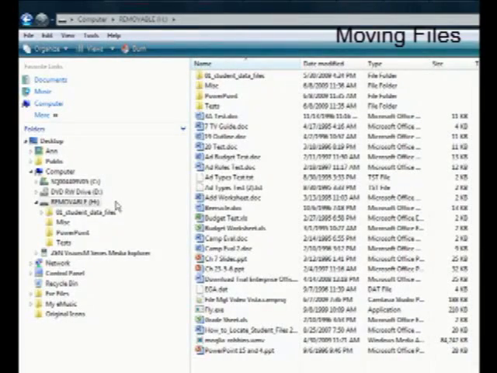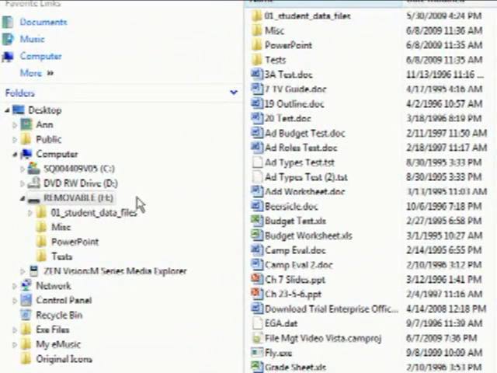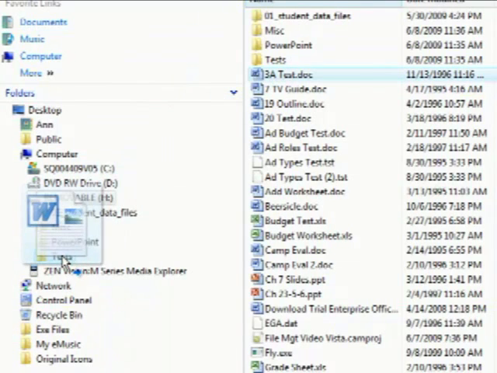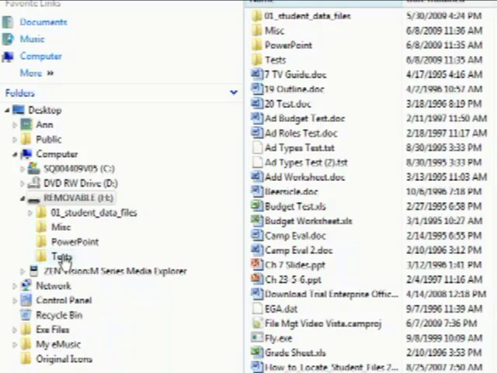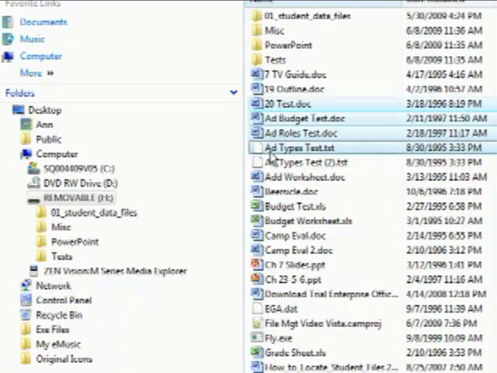The H drive is already selected and expanded. To move one file at a time, click the file in the Contents pane, drag it to the folder you want to move it into, and release. To move a group of adjacent files, click the first file, hold down the Shift key while clicking on the last file in the group, release the Shift key, drag the group to the folder,